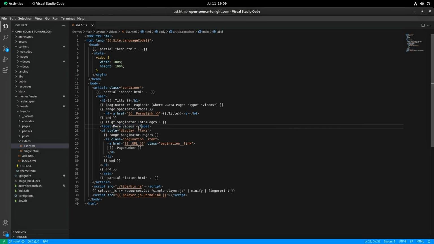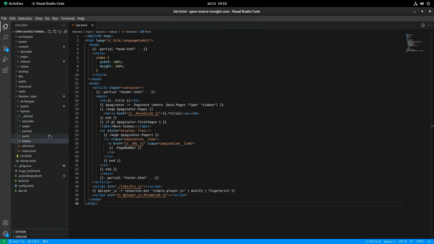But if you look here, you can see, we will go through here. This is the list of videos that are populated here. And then if we look down here, this right here is actually what gives you that list of links at the bottom to where you can go to the next video page, because we'll have so many videos, they would be really long if you made one big page. So we limit them to a certain amount. And where does that limit get controlled? It gets controlled in a config file right here.